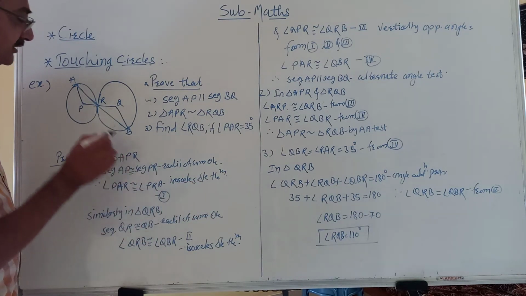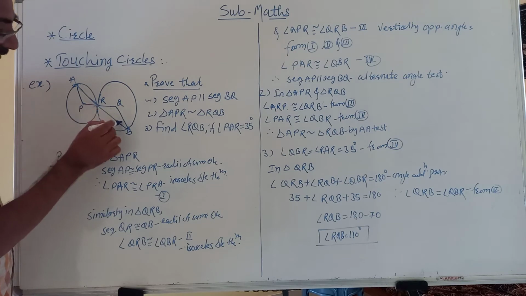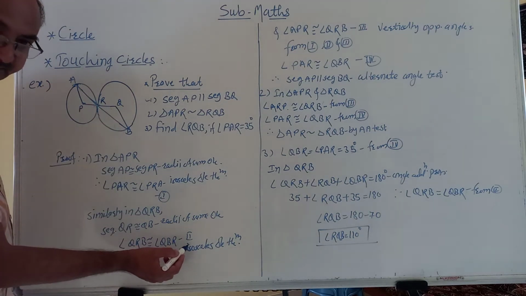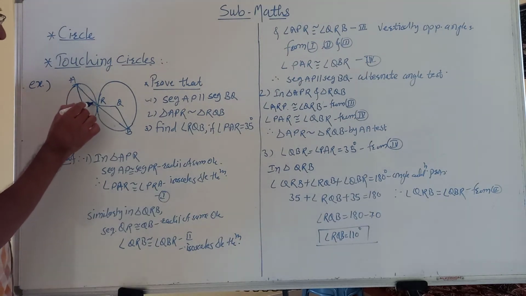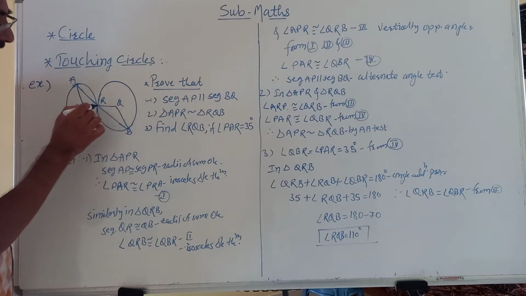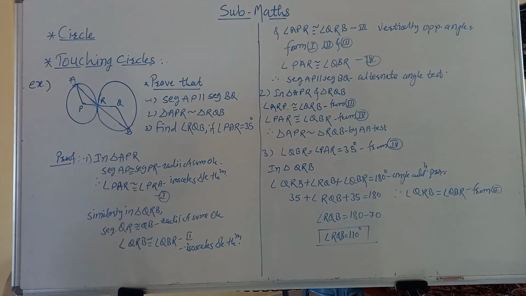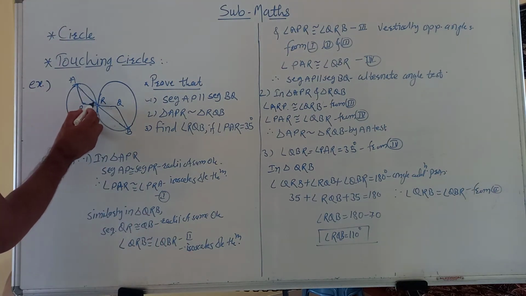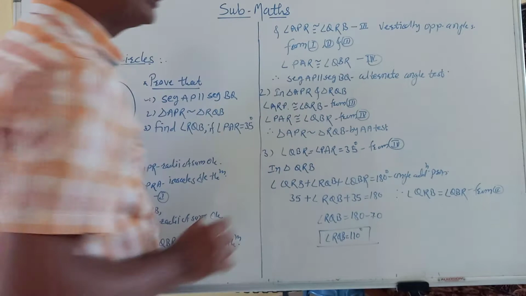Suppose this is first. Similarly in triangle RQB, these two are radii of the same circle. Again these two are congruent, so base angles are congruent. This is second. Here also the same reason, isosceles triangle theorem. We showed this angle congruent, then this angle congruent by the isosceles triangle theorem, because these two segments are congruent, two sides congruent, then that is isosceles. This is first and second. And one more thing here: these two angles are also congruent, we know, because they are vertically opposite angles. This is third.